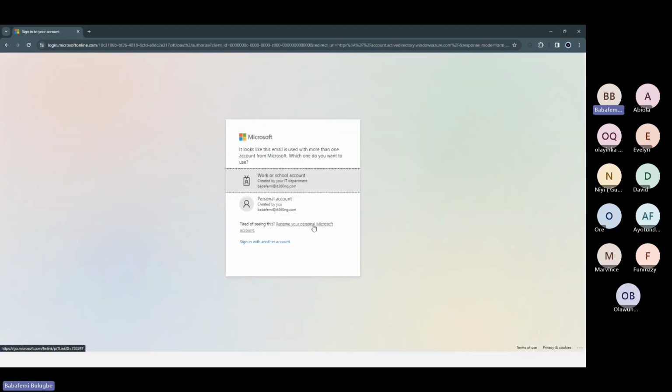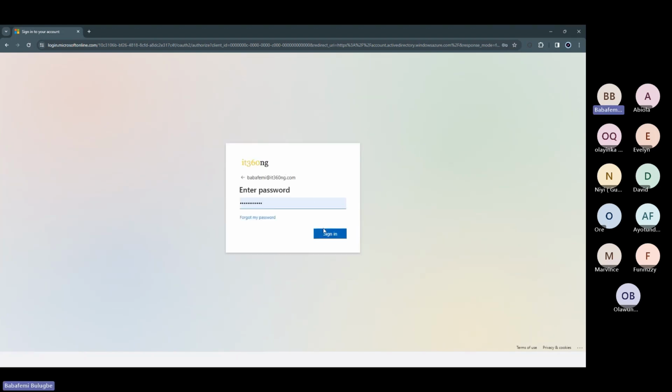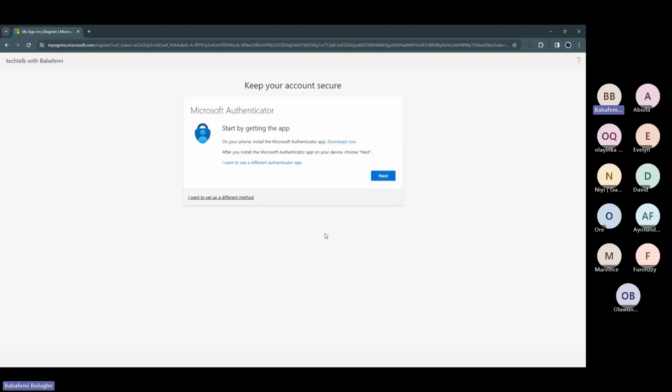Those tenants will not just go away. Before you can delete a tenant, you must make sure that you have deleted the Entra ID objects that you've created, like the users and the groups. Only the user that will be deleting the tenant will be left in the tenant at the time that you want to delete it. So any subscription that you've taken, any licenses that you have taken, you need to